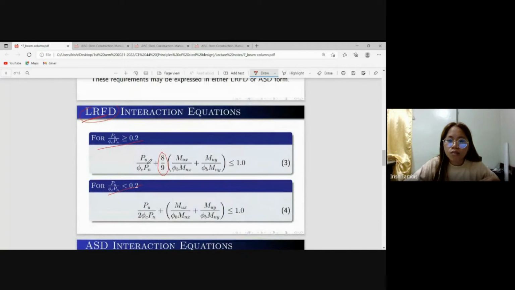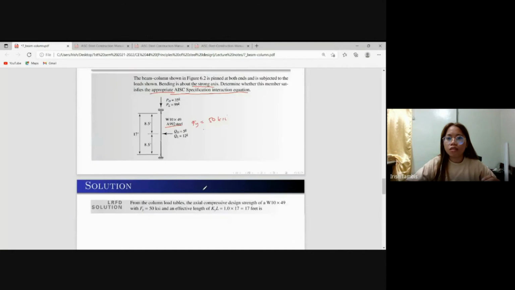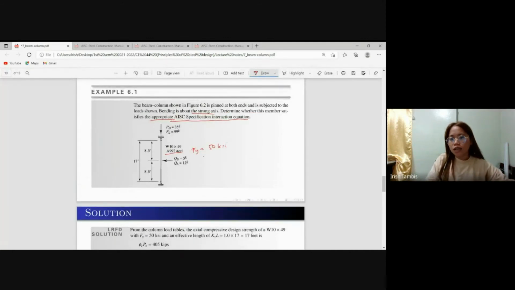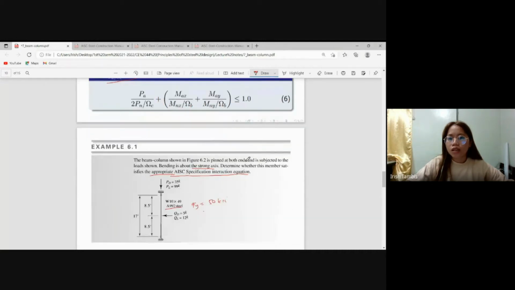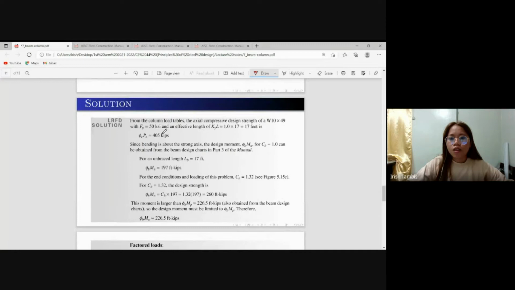For LRFD, this one. So, we have to determine first this term, the resistance factor times the nominal strength, and this term, the moment. But kung inyong tanawon, actually, dili siya biaxial, so meaning, the second term here in the moment will become 0. Okay, later now. From the column load tables, the axial compressive design strength with W10 by 49 with Fy